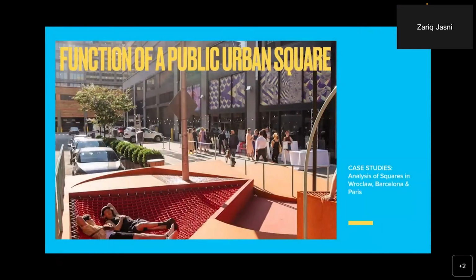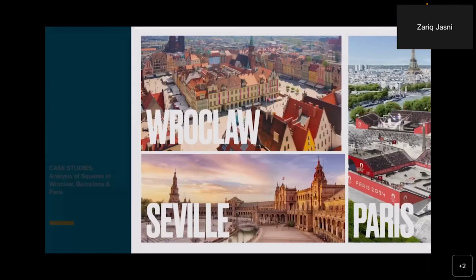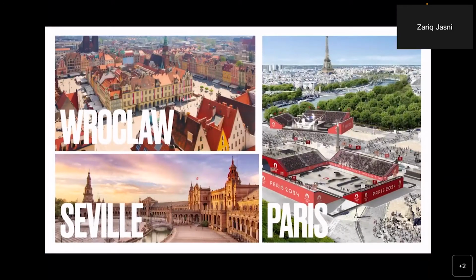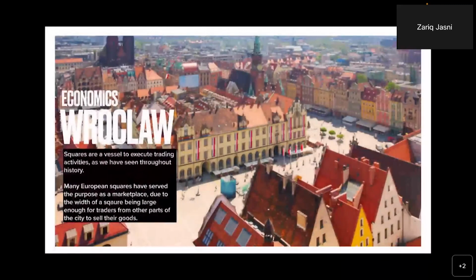So now we will look into the function of a public square. So we're looking into case studies of squares in Wroclaw, Seville, and Paris. So the first square that I mentioned before was used as a vessel to execute trading activities, as we have seen throughout history. So this square has existed ever since the early days when Poland was